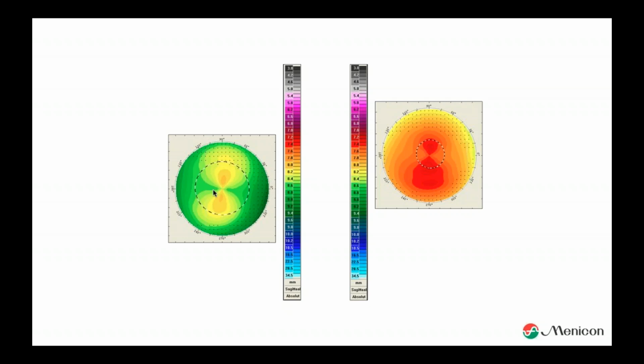What we see over here is the same eye as before, but now it's more green and it's more red over here. What is the absolute scaling doing? Well, the absolute scaling is telling you, okay, these are the order of colors I can show you. I have no more to show. These are all the colors. But besides the fact that these are the colors, these are the maximum values I can measure. So 3.8 is the steepest part I can measure. I cannot go steeper, and 34.5 is the flattest part I can measure. And what you see happening now is that the image is adjusting itself to the scaling.